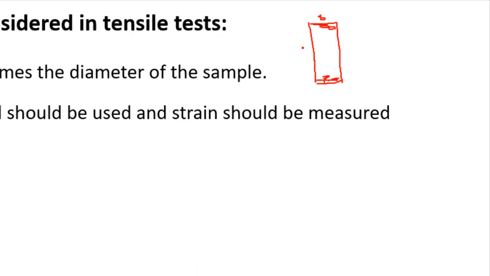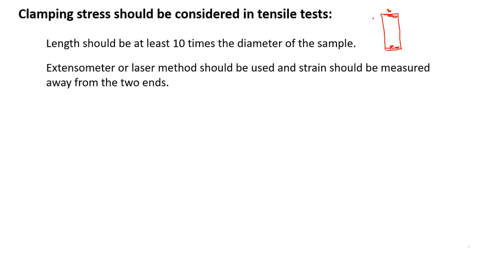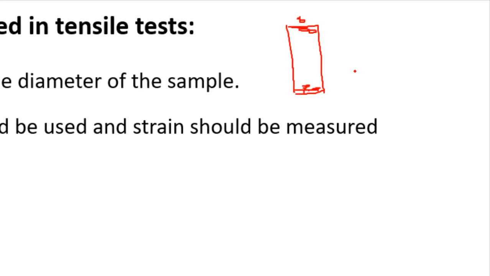So this length should be large enough that it is at least 10 times the diameter of the specimen if it is a circular cross-section area. So it can be 10 times or more than 10 times to avoid the effect of clamping stress. Also, the extensometer or laser method should be used and strain should be measured away from the two ends. So these are the two ends of the specimen. So strain should be measured somewhere here,